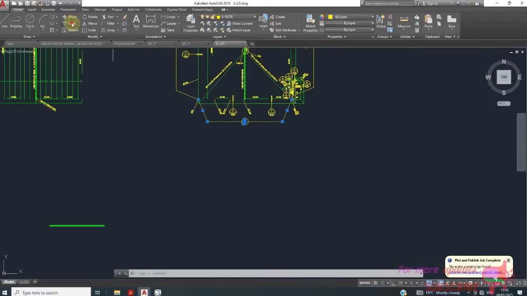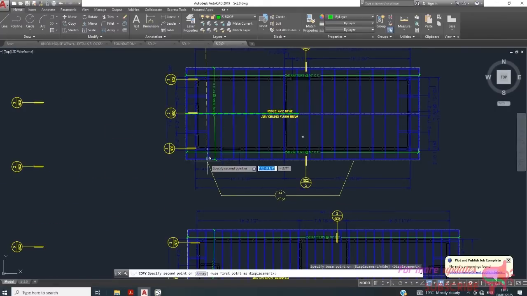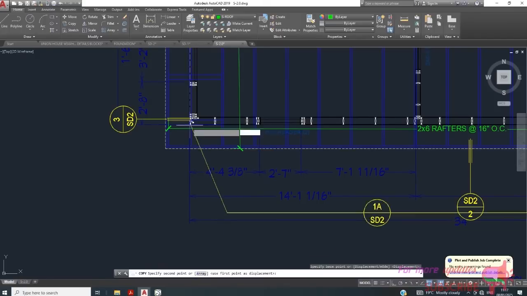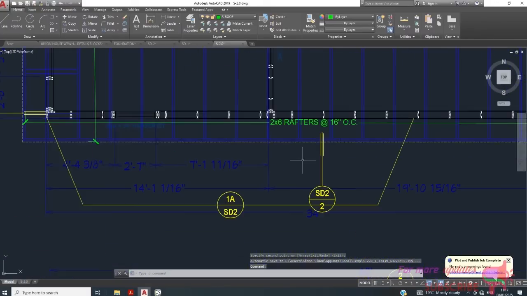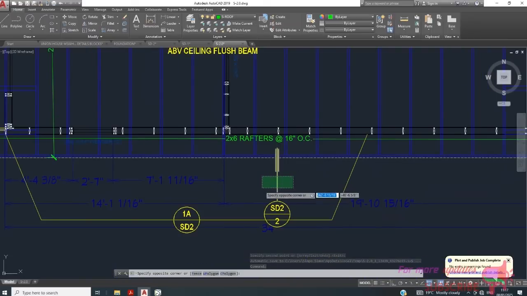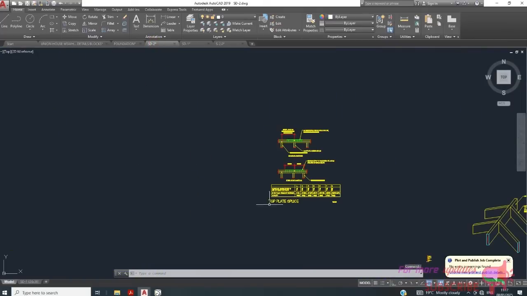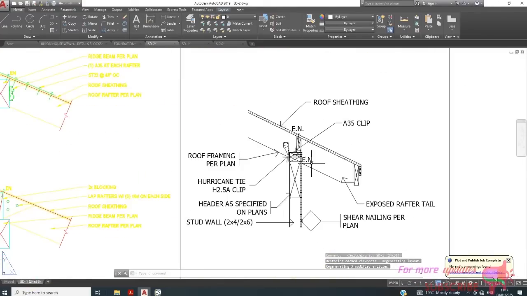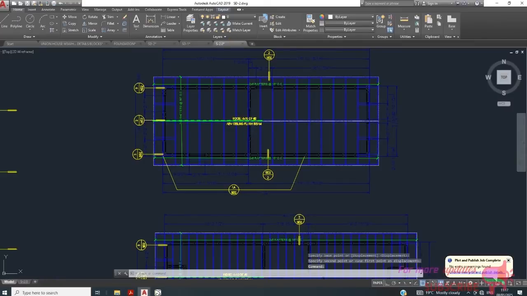So I can just copy, bring this detail, let me check what is SD2. S2. Yeah, that is okay. Okay, now we go to S2,